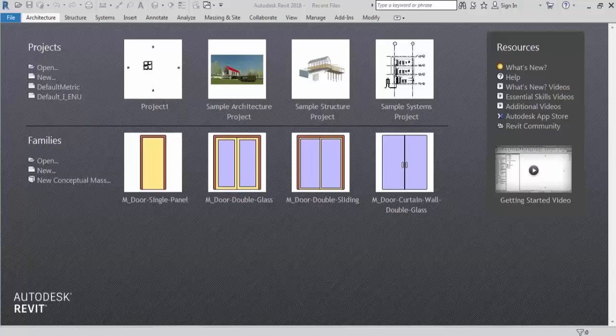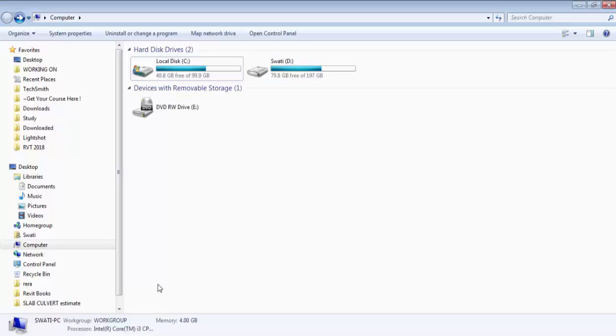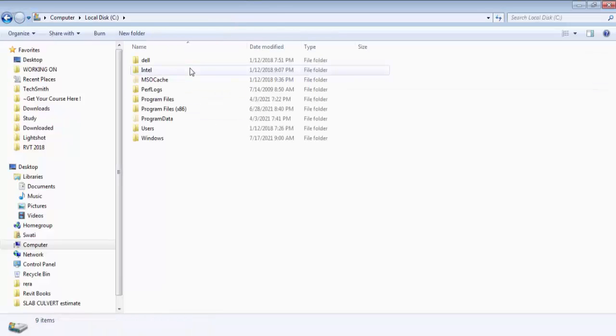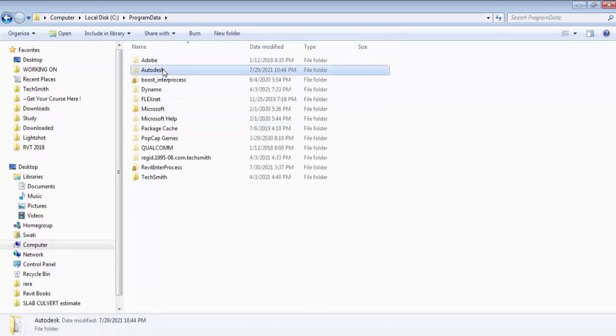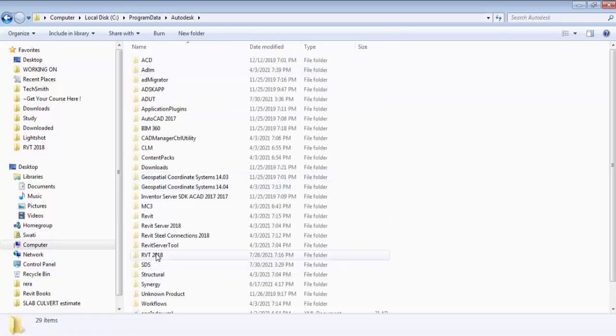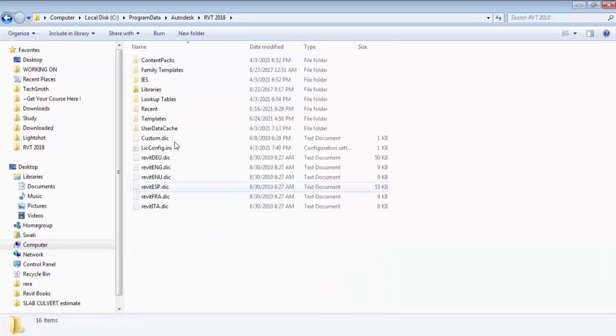So first of all, let's see where these ready-made families are. For this, go to C drive, then ProgramData, then Autodesk, then RVT 2018, then here this is Libraries.